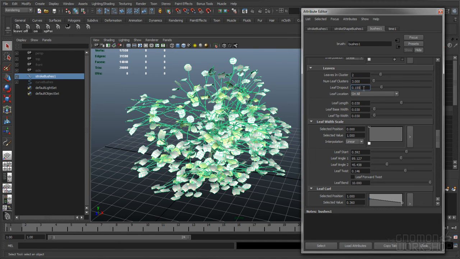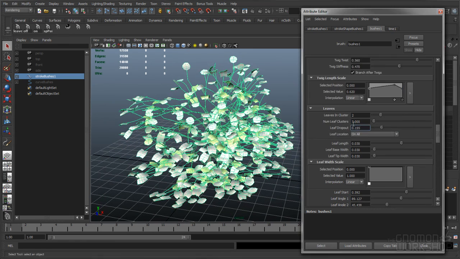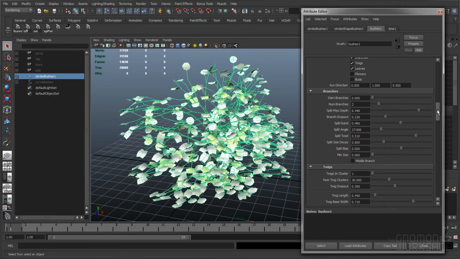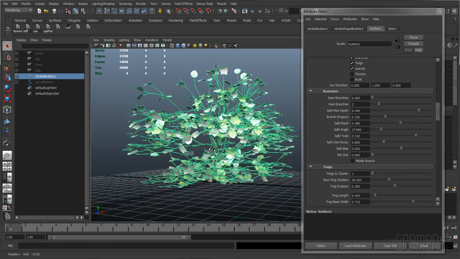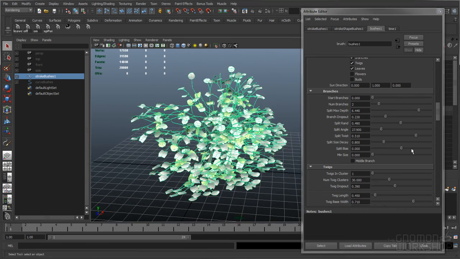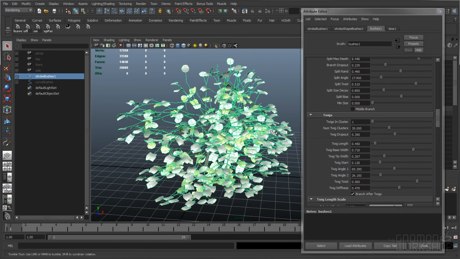So when I'm designing anything with paint effects, I generally keep things that have to do with leaves in cluster and number of clusters, as well as the twigs in cluster and number of twig clusters, and then of course the number of branches at low numbers in the beginning, just so everything's interactive while I move sliders. And then when I'm getting close to being done, then I'll start to bump it up if I need increased density. So if I decide, well, I think I want more leaves along each branch, then I could go down to the leaves,